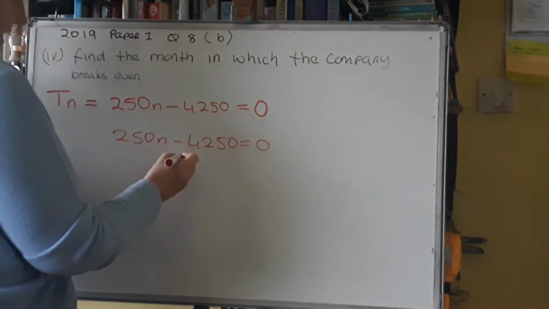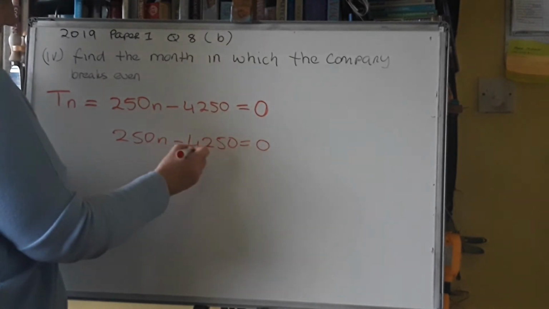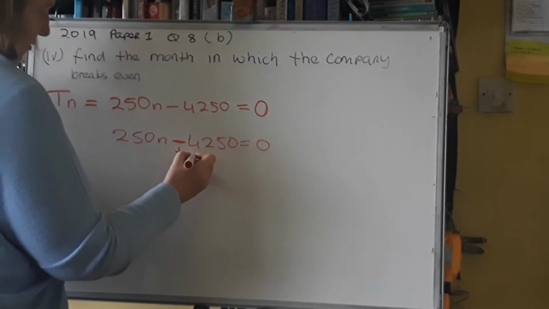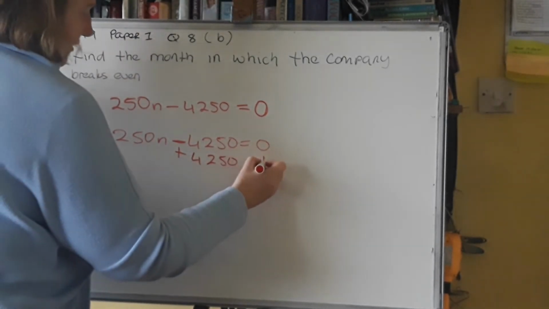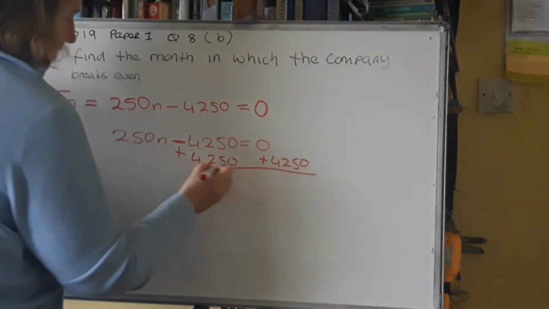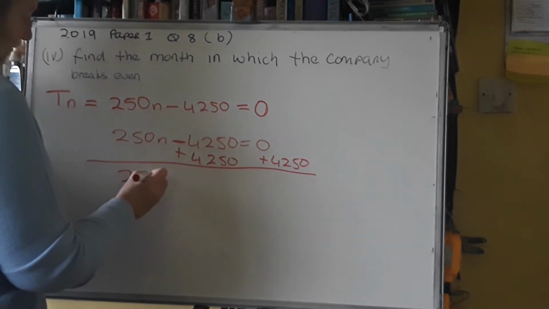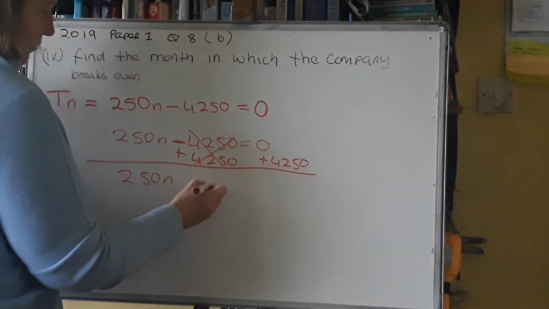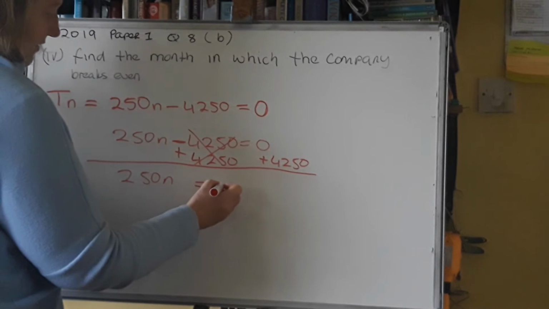Okay, so to get the n on its own, get rid of this. So to get that to 0, to get minus 4,250, we're going to add 4,250. And whenever you do something to one side, you always have to do it to the other side of the equals. So now you're left with 250n, that's gone, because that's gone to 0, equals, and you add 4,250 there,